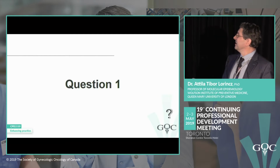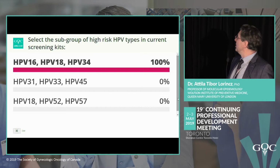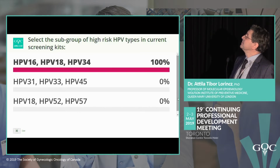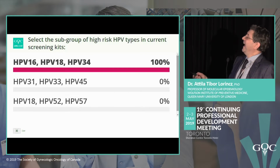And I think question 1, okay. So select the subgroups of high-risk HPV types in the current screening kits. Which ones are they, okay? And it's...